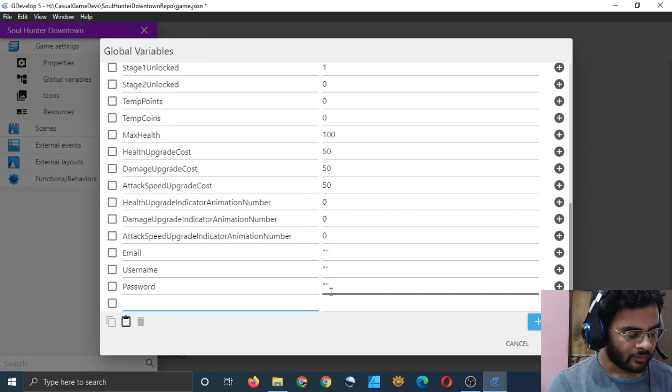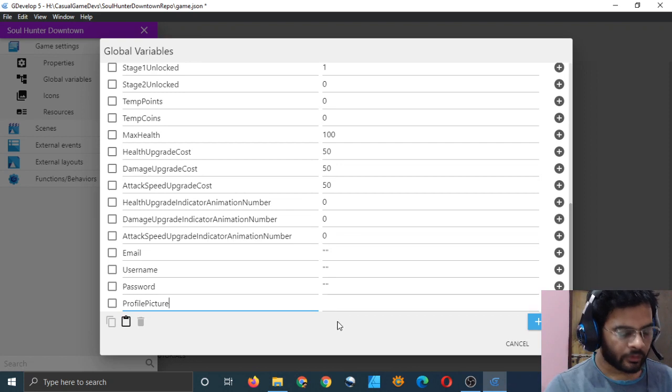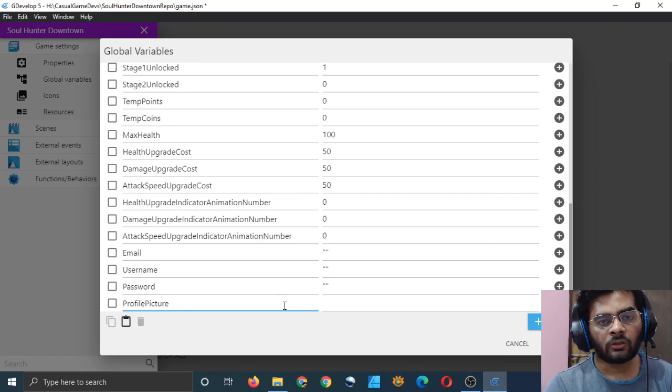Email, username, password. What else do we need to take care of? Oh yeah, profile picture. Profile picture, which we will not ask them to upload something. We will just put some little icons, like you can see in the Steam forums. You have predefined icons for the forum of that game. Similarly, we will have some predefined icons, and the user can just choose which one they want. We will not let them upload images, because that will just be too much work for us, right? Yeah, and too much load on our database.